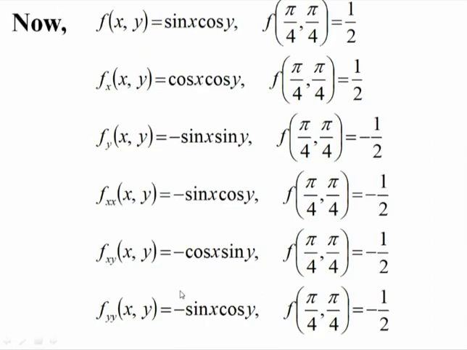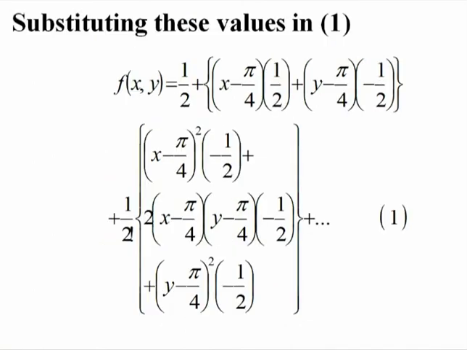So we get this. So f of (x, y) is sin x cos y, f at (pi by 4, pi by 4) is 1 by 2, fx at (x, y) is cos x cos y. This way we are calculating these values. You can easily calculate these values yourself and substitute those values in Taylor's theorem. So we get this, and ultimately